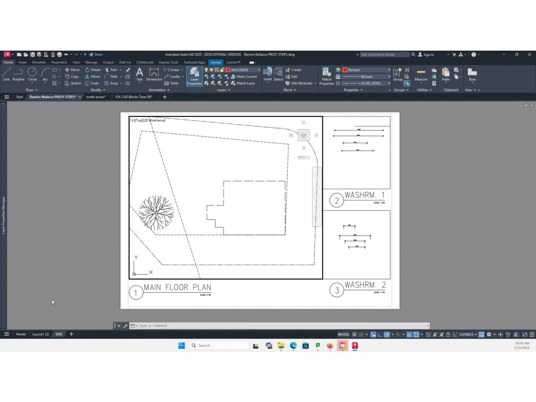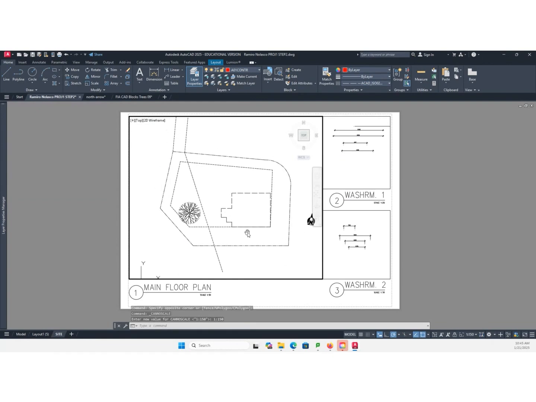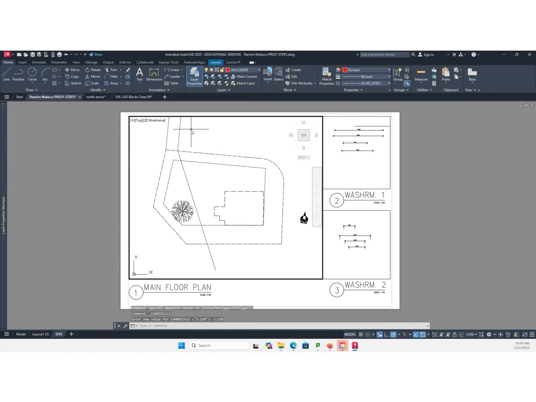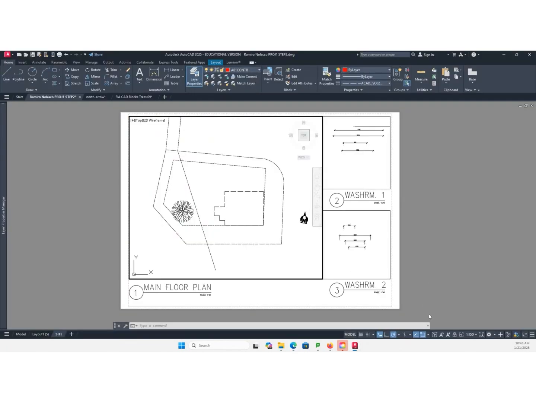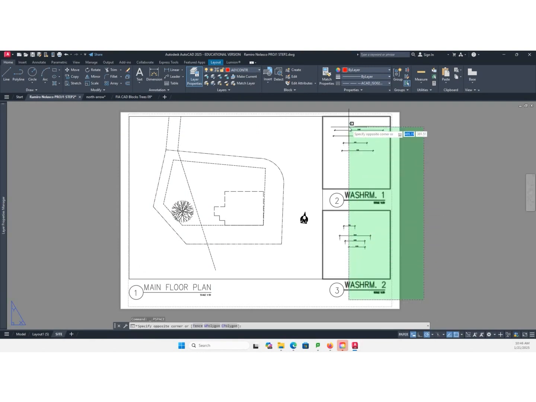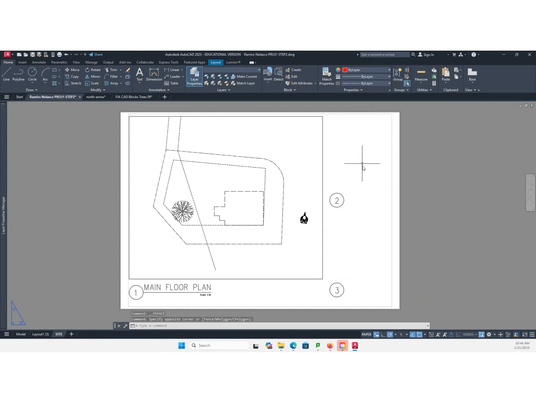Now you can, what scale is this? Scale 1 to 3. There you go. And then you can add Beverly, what's that? Beverly Street, Main Street. Those are the texts at scale 1 to 50. Actually, I can maybe, sorry, I should have deleted this here and I will have more room.